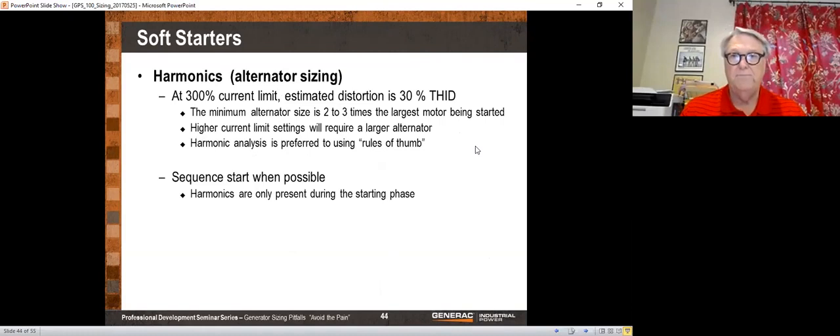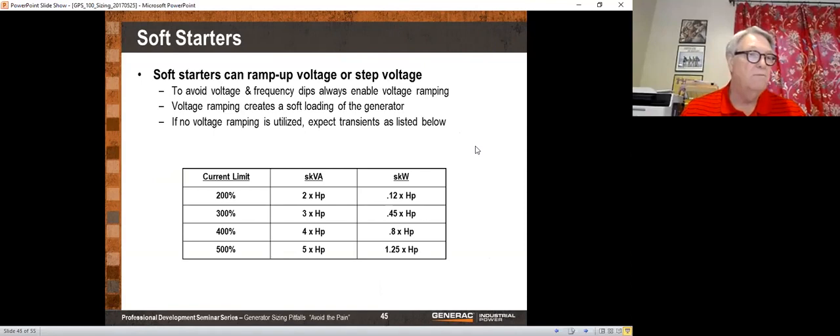This talks a little bit about your soft starter starting. The harmonics and the currents depend upon your current limit. I typically tend to use a 400% current limit when I'm doing my analysis because I found that that's often necessary. So word to the wise, when you analyze, let's say, an elevator,